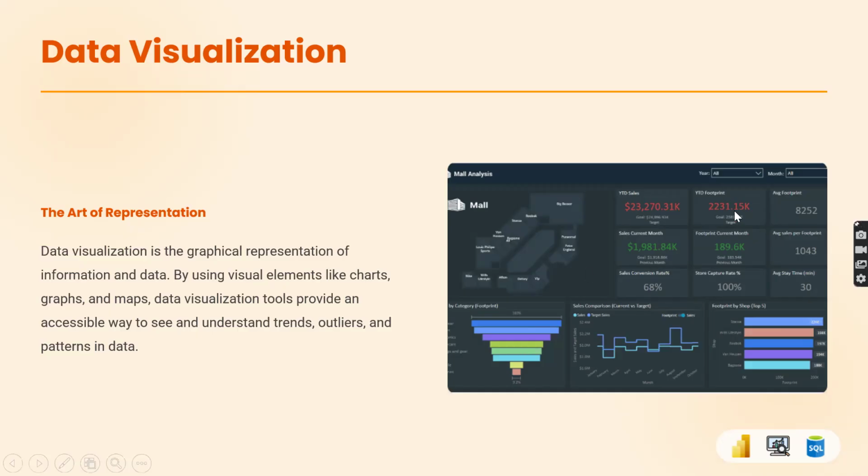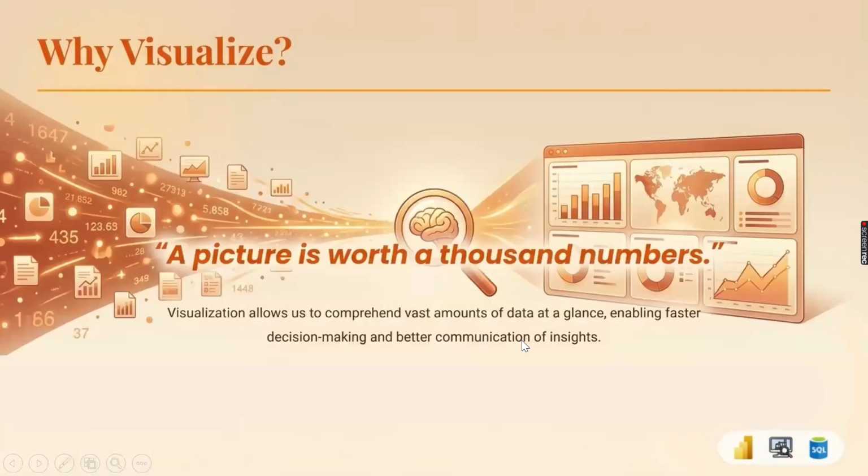These are all scorecards, whatever you see. These are all single values, right? In Power BI terminology, these are all called scorecards. And this is a stacked bar chart, funnel chart. We also have a line chart. So there are so many charts available, but we need to understand how you need to go and present them. A picture will give more information compared to numbers.